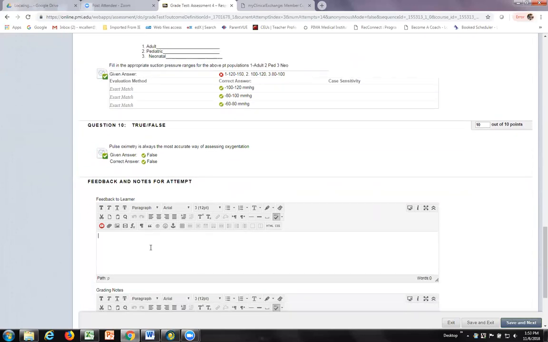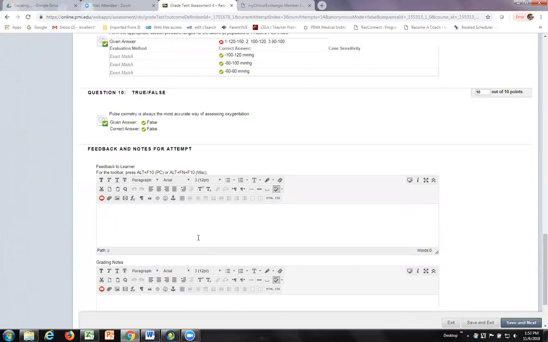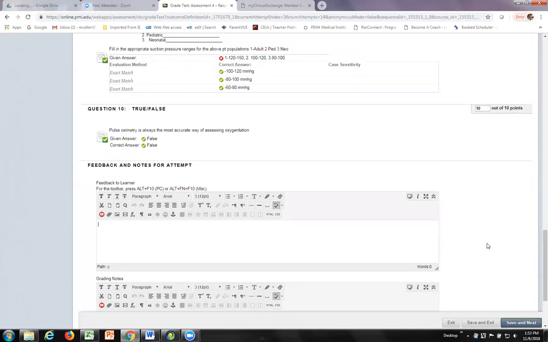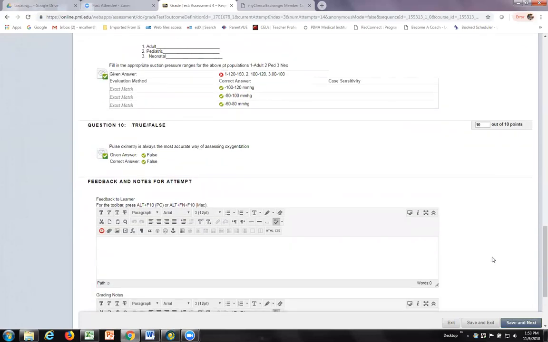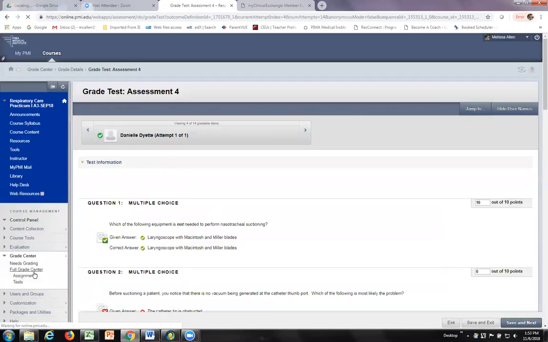Nice thing, you can give feedback like, okay, you really need to study this, and they can read that when they go in there and look at their grades. If you have a lot of essay questions, like that one question I was showing you that was all scenarios, you can give feedback on each individual one, so that tells them how their thinking was on that individual scenario. Okay, so you go save and next, and then just keep going like that, okay? Go back to the Full Grade Center,